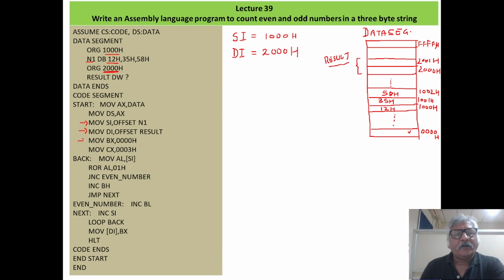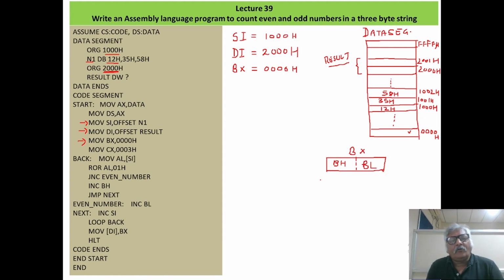Right. Now come to the next instruction, move BX comma 0000. So BX, its value is 0000H. See, already we know that this BX register is a 16-bit register, and internally it can be split into two 8-bit registers. One is BH and another is BL.